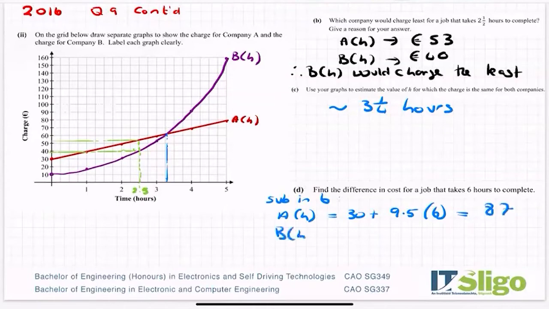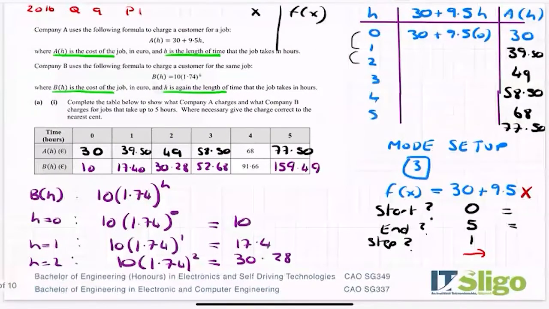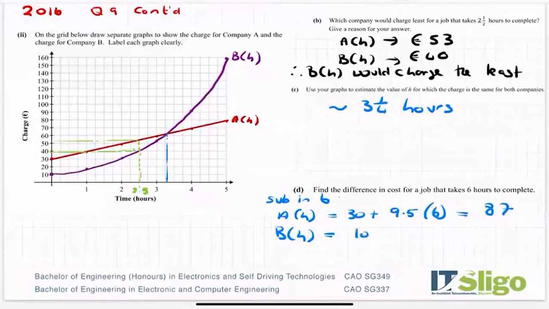And then for B of H, I'm going to expect a really high value here, because this graph is exponential and it's just starting to shoot up. So it was 10 bracket 1.74 to the power of 6. Let's put that into our calculator: 10 bracket 1.74 bracket power of 6 equals